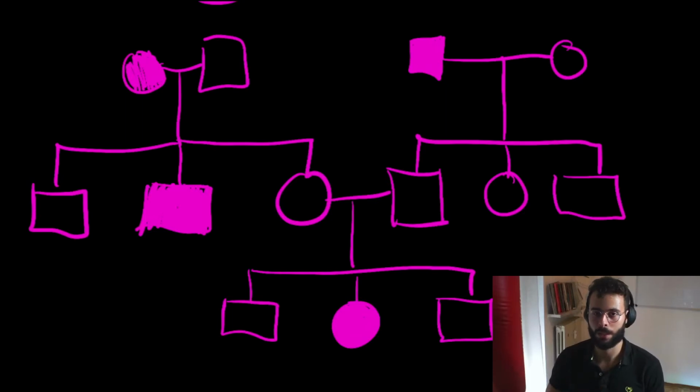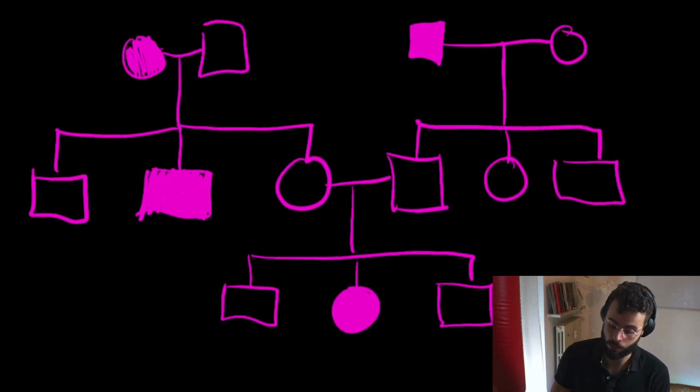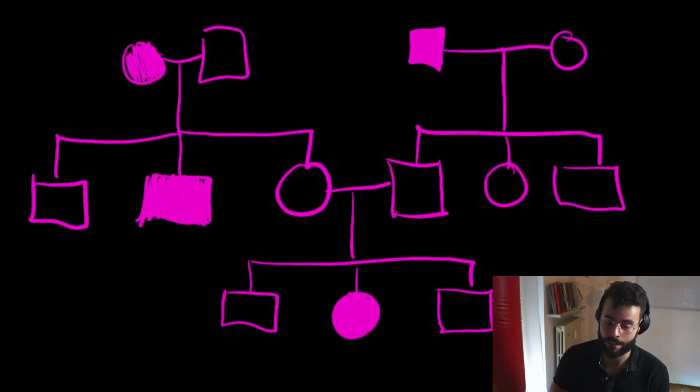So in the previous video we were talking about dominant alleles, and we saw that the parents of the sick kids must carry the dominant allele as well and must be sick themselves. At least one of them must be sick. Unlike recessive alleles, which we are going to see right now,